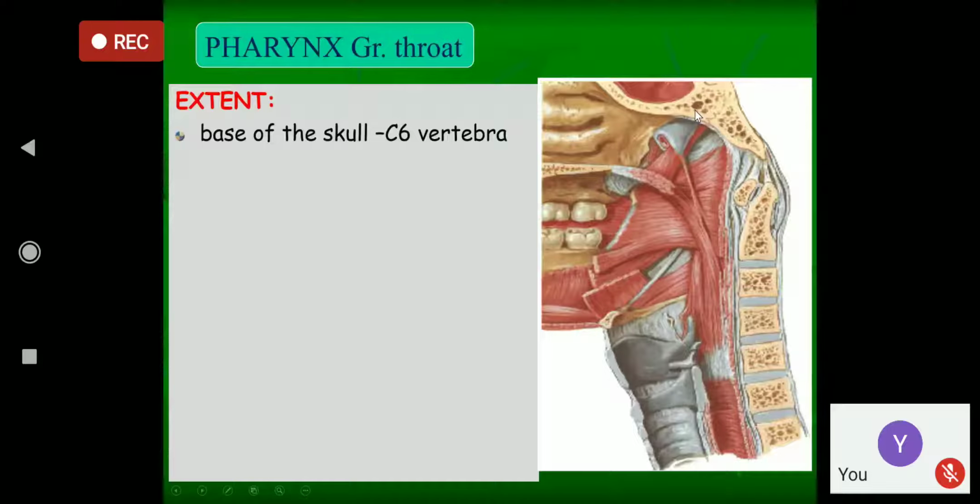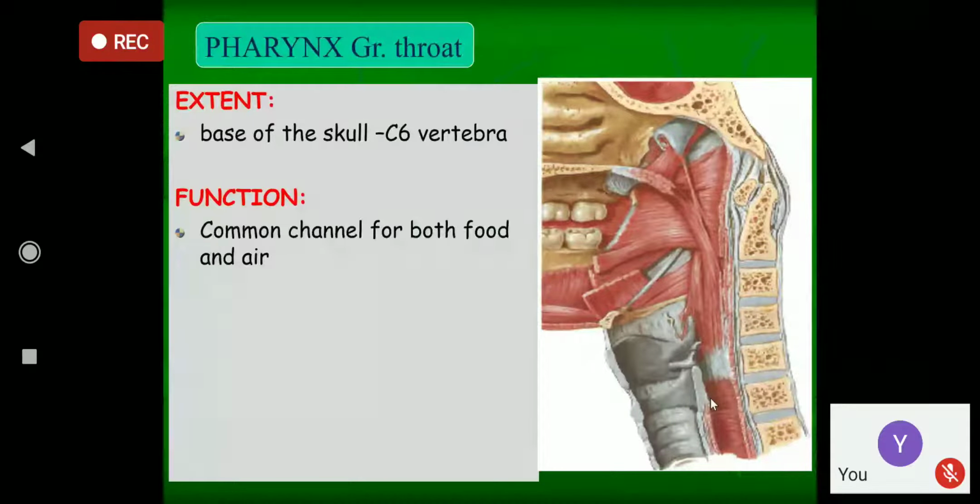Now, next one is the function. As you know, the pharynx is a common channel for both food and air. So it is a common channel for both food and air. So you'll be reading the pharynx in the respiratory system. I think we have learned about the pharynx in the respiratory system also. Now, next is the measurement. It is about 12 to 14 centimeter, and when